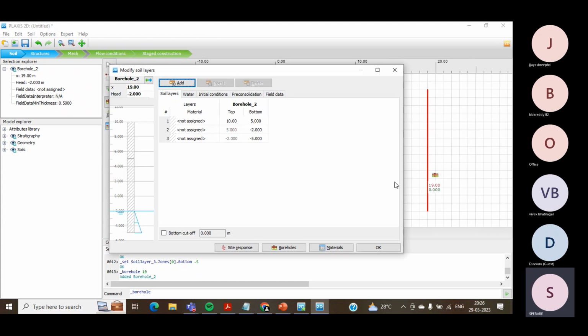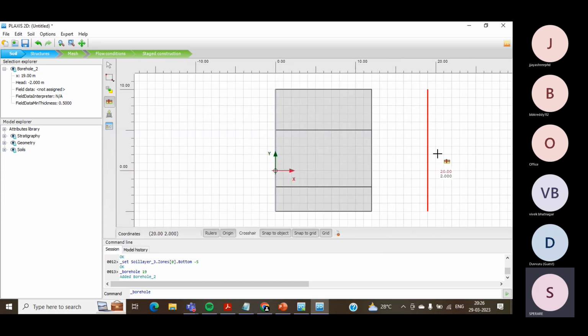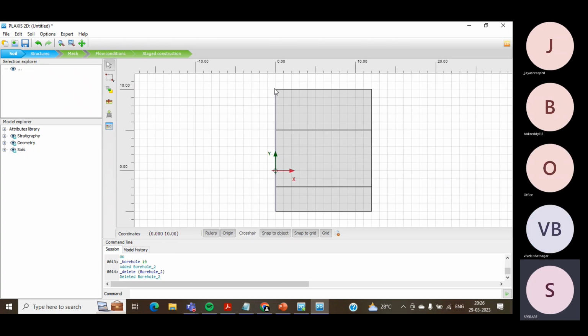Then the only thing is that the access point will be located over here. Access point will be located over here. This is very important. Where you are choosing it, this is the top layer and this is the bottom layer. And now if you would like to modify this particular borehole options and all,